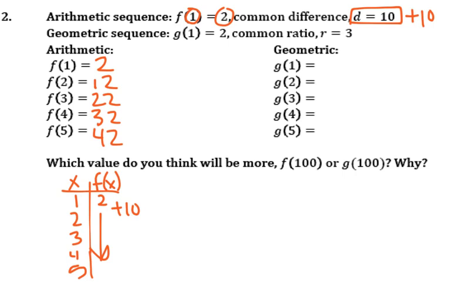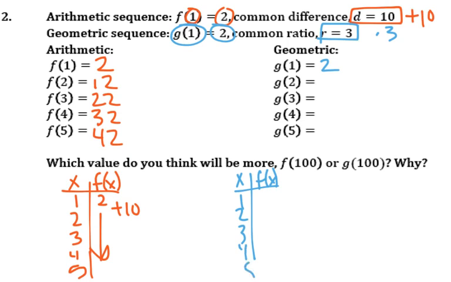Now, for a geometric sequence, we've got g of 1 equals 2. So they start out at the same place. Common ratio of 3. Common ratio means we're timesing by 3. Just the same way as if we made this table, 1, 2, 3, 4, 5, and so on. We start at 2, and then we're timesing by 3 each time. So 2 times 3 is 6. 6 times 3 is 18. 18 times 3 is